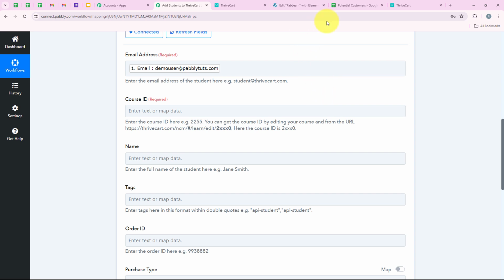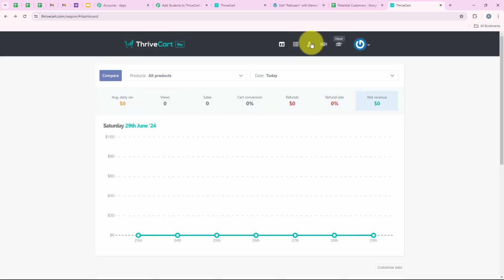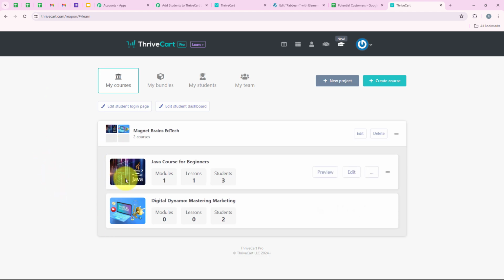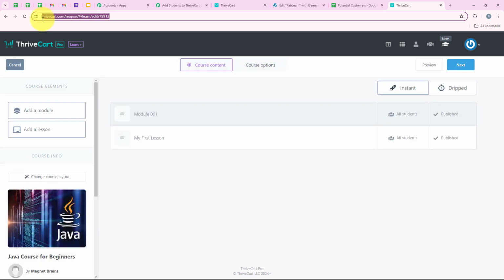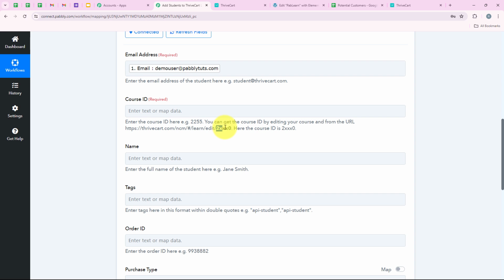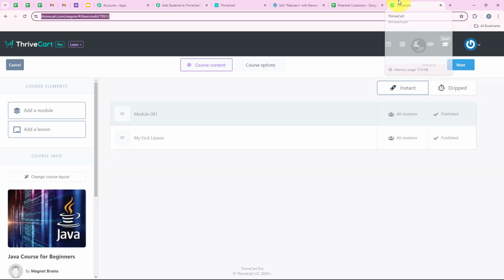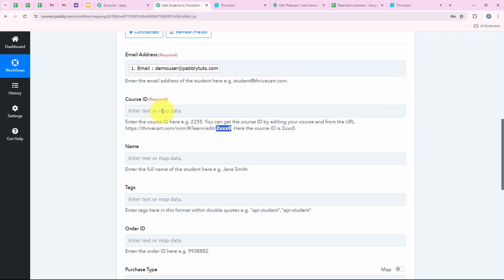So I'm going to open my ThriveCart account, and over here you can see that we are going to go on Learn Plus. And yes, over here you can see the 2 courses that I'm offering, and over here you can see the free course that I wish to create this automation for. So I'm going to click on edit over here in this course, and over here you can see the URL that we wished for. So we are going back to our workflow, and over here you can see that this is the course ID in the end of the URL after edit. So I'm going back to my ThriveCart, and over here you can see that this is my course ID. So I'm going to copy this ID right from here,